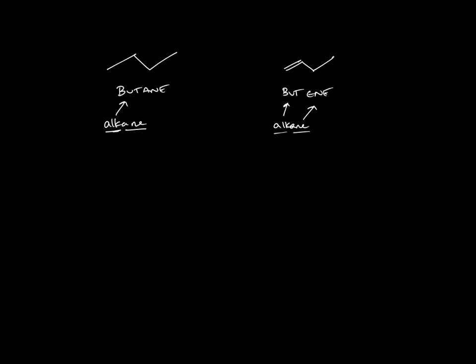So this is butene. The way that we would number this, if this is the only functional group, is that we would number it so that the functional group is closest to number 1, which it is. And so with the alkene, an alkene spans 2 carbons, but we only number where it starts. And so if you have the butene starting at number 1, the assumption, which must be true, is that that alkene is going from carbon number 1 to carbon number 2. So this would be 1-butene, or you could also do